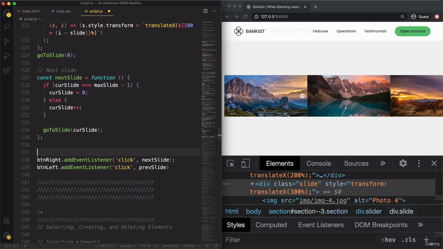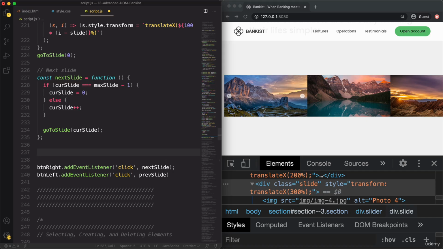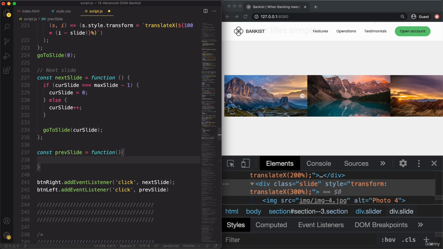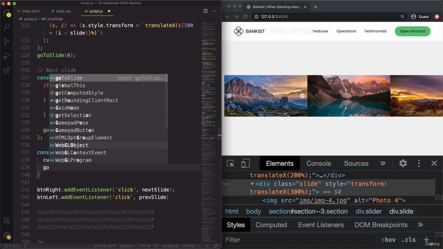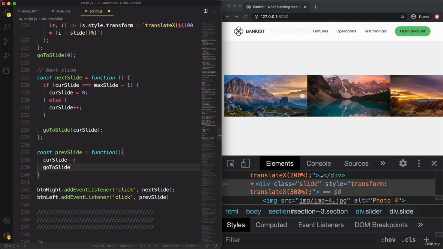So let me create that here very quick as well. So const prevSlide. And so in this case, the current slide will be decreased. And then here, I can simply reuse the same function that I already wrote before, and also with the current